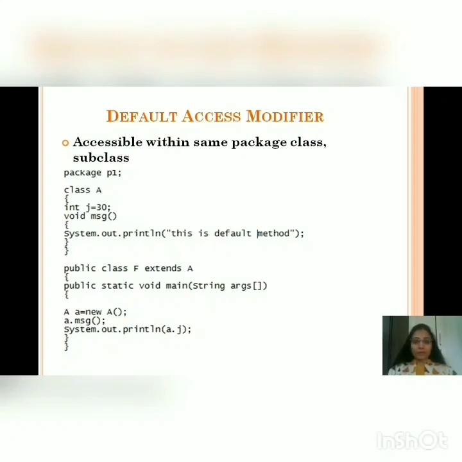So if I run this program, the output that I will get is, this is a default method and value of variable j.